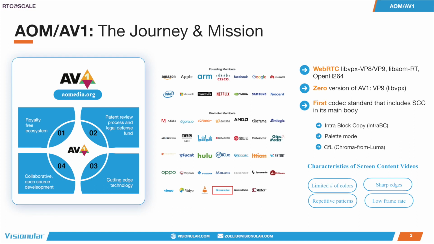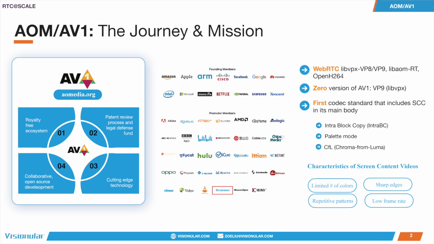Here is a slide showing what AV1 is and the Alliance for Open Media, which is the standard organization behind the AV1 standard. Everybody knows that AV1 is an open source video codec standard. It has been developed and further contributed to by close to 50 AOM members. Here, we want to emphasize that AV1, from day one, was made really amenable for deployment